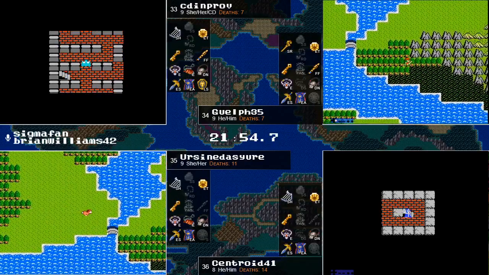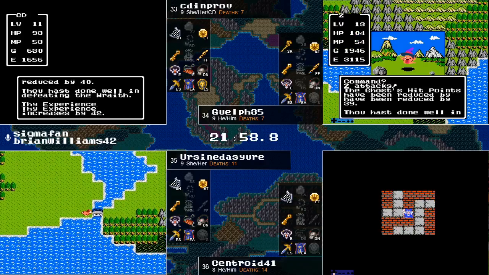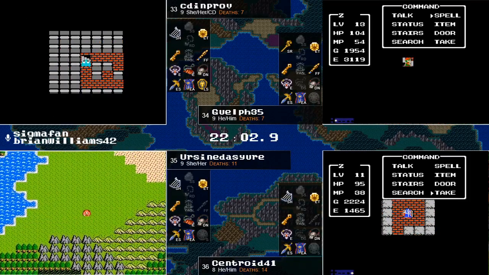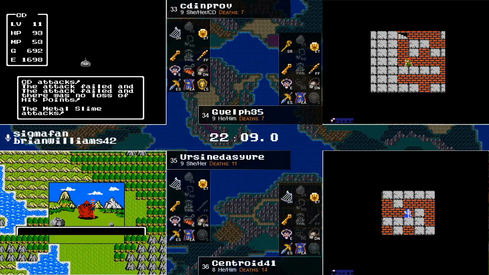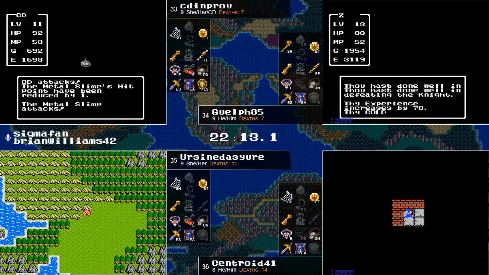And CD gets to this cave, which looks like it's Mountain Cave. It was the only cave left outstanding, so... No, Jerk Cave is still out. No, we found Jerk Cave. That was the only cave left. So it had to be Mountain Cave, so...